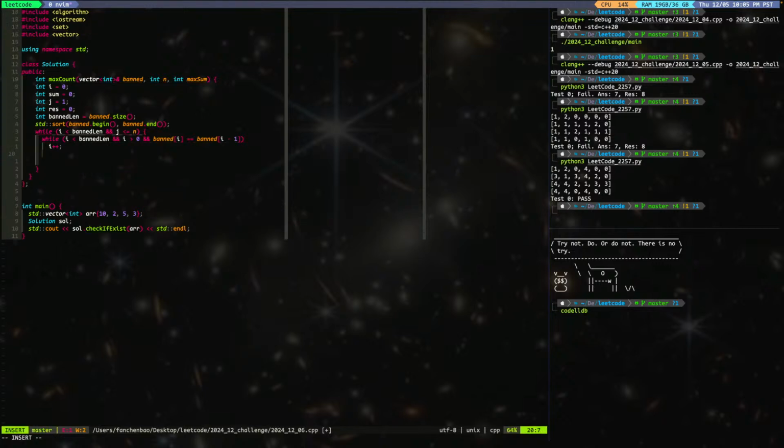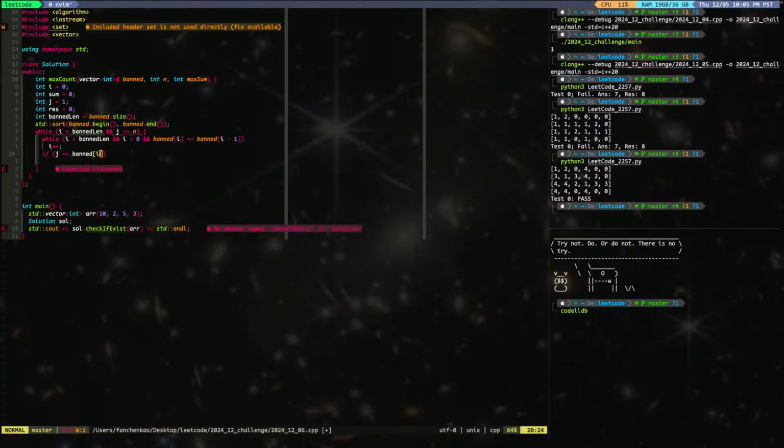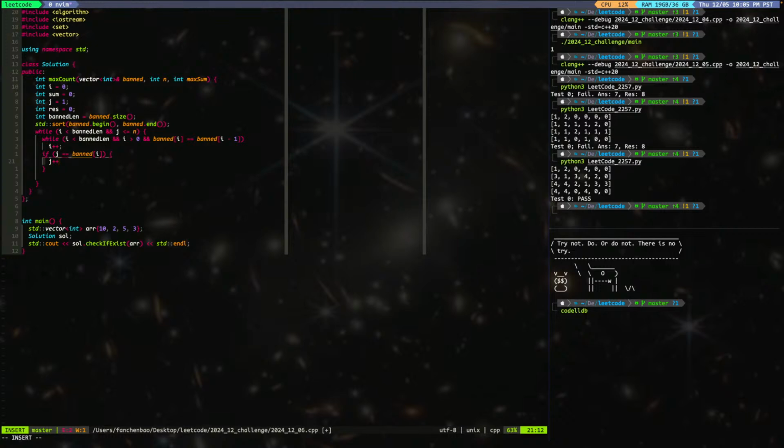So we do that, and we say if j is equal to band i, then j needs to move forward, and i needs to move forward. Else, if it's not equal to, then we say,